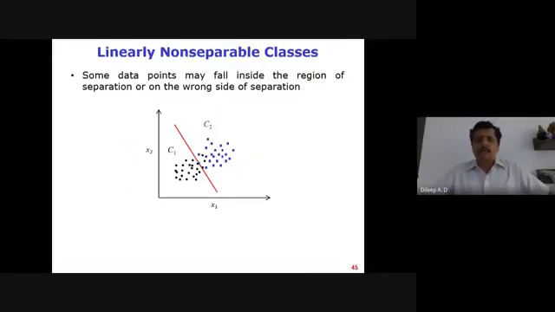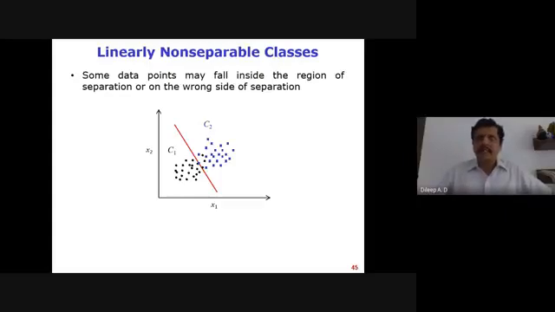Okay, now when there is overlapping, we can still see that here most of the 90% of the examples are linearly separable. Only a very few percent of the examples are not linearly separable. In that situation, we can still use this linear classifier to separate them by allowing some sort of errors to happen there. In the previous cases, we were not allowing any errors to happen, but here we are trying to do that.